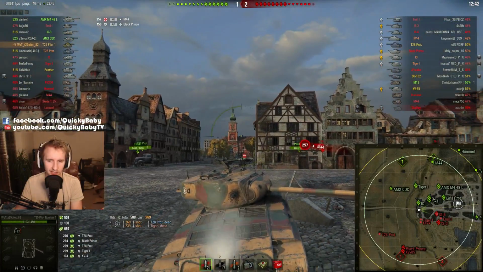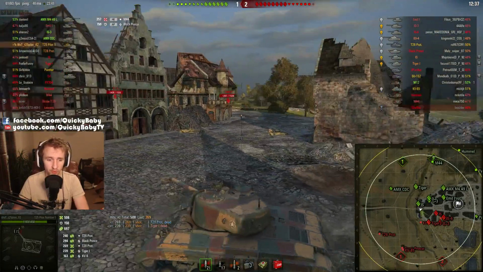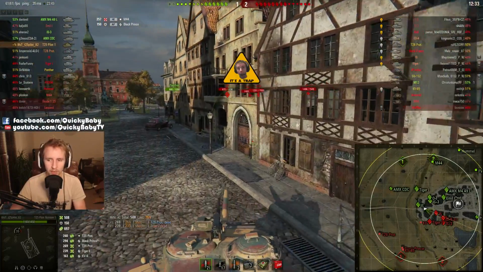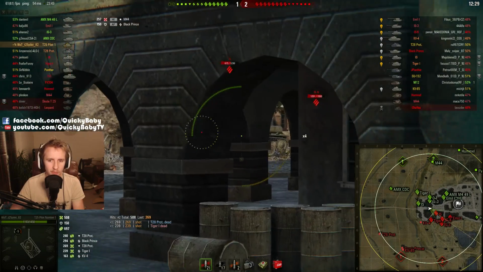Doesn't do well against artillery shells, I guess. I'm quite lucky that he did so little damage to me there, to be honest. 257 damage isn't a lot to lose from a tier 6 self-propelled gun. So not having much luck in shooting out against the KV-85, I decide to make my way in, and we